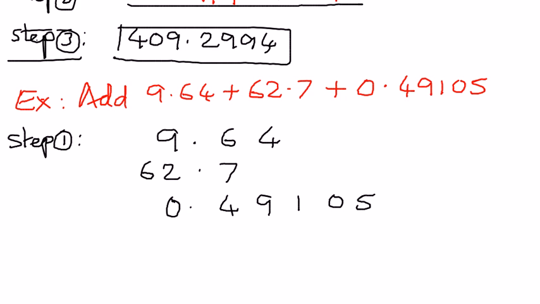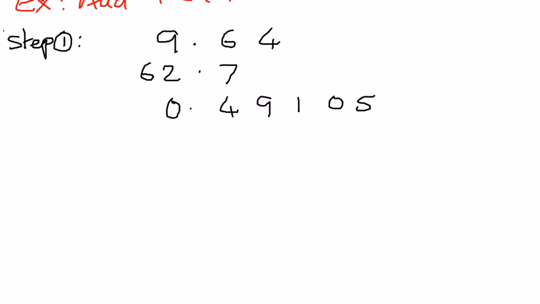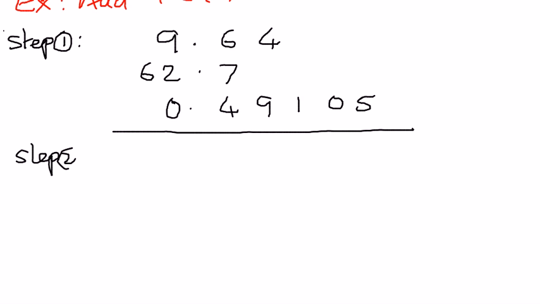So that is what we have, and now we are ready to add them. We'll call this step 2. In step 2, we're going to add them as if we're going to add whole numbers. And before that, as we have done in the previous example,